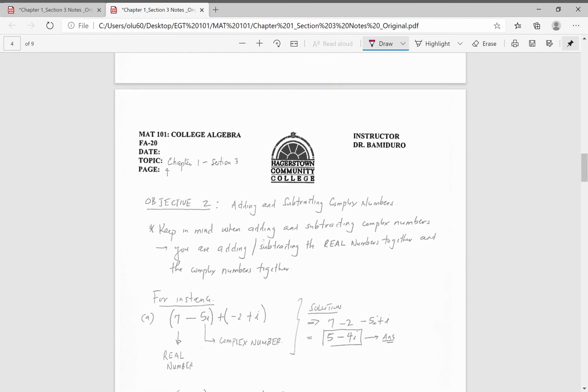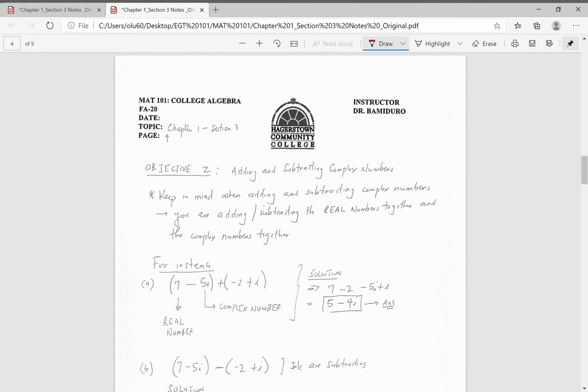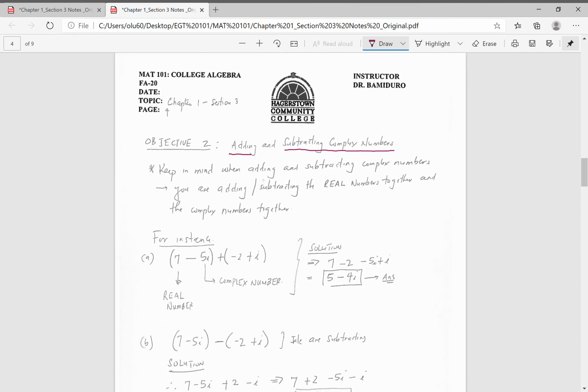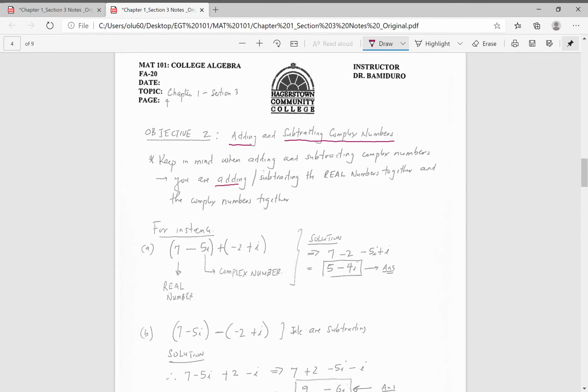Now the second objective they want to move into is how do we add and subtract complex numbers. Okay, so keep in mind that you're adding and subtracting the real part of the expression, and you're adding and subtracting the complex numbers together. So you don't mix the two up. So within a complex number, you have what you know as the real number, and you have the complex number. So as I have here,